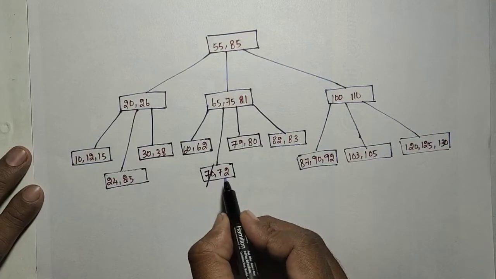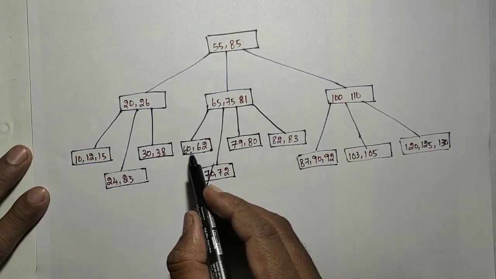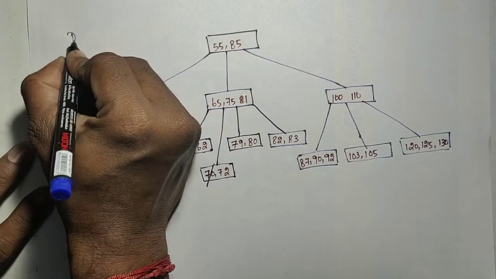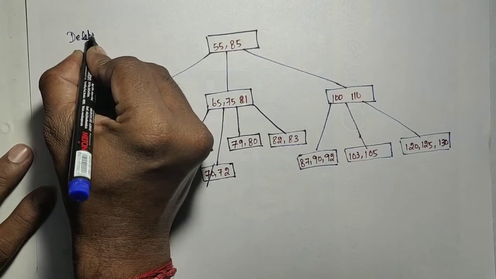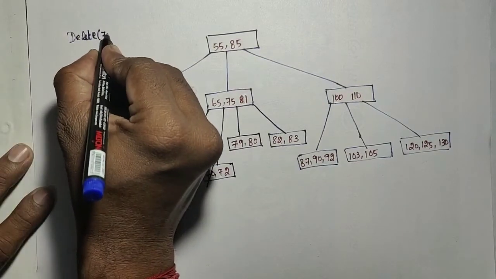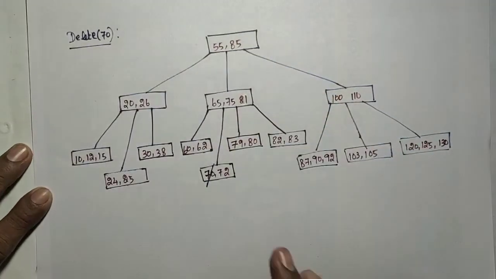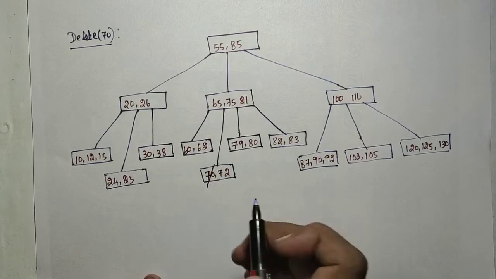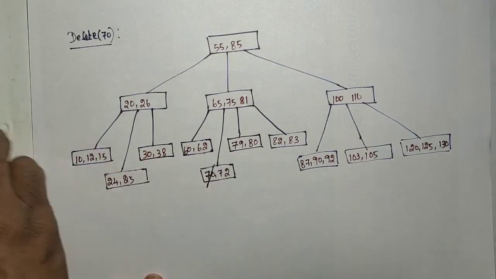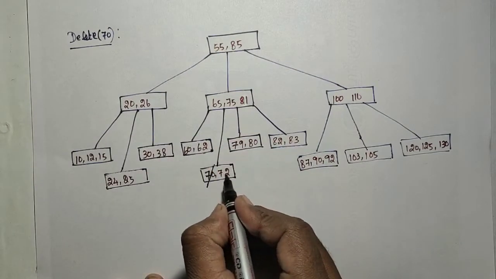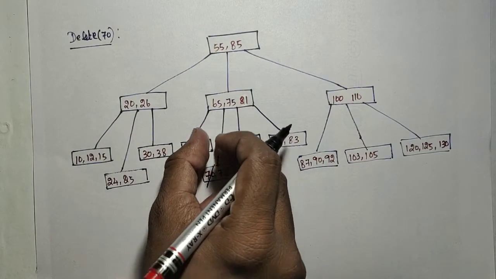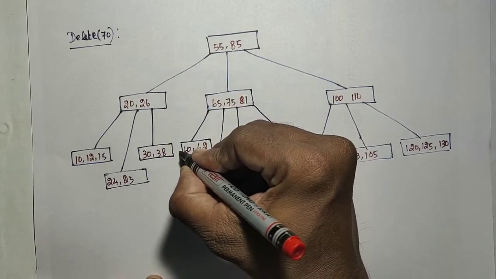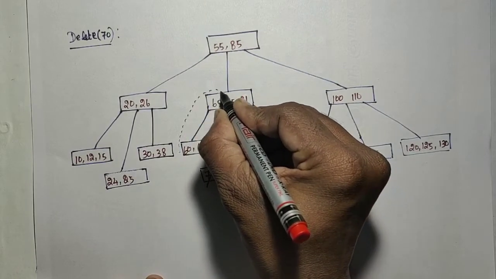The third case is that this node can be merged with the left sibling or the right sibling. Here we are in the process of deleting 70, correct? So now how do we merge this with the left sibling? We cannot simply merge the left sibling. We need to merge these two node values along with the parent of these two nodes. The parent of these two nodes is 65. So we need to merge like this.